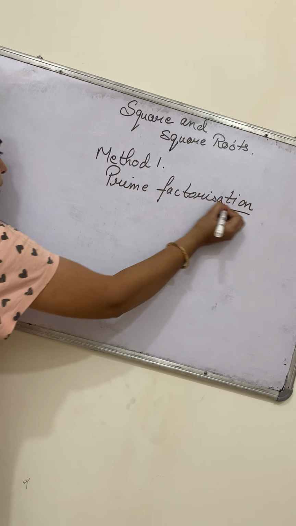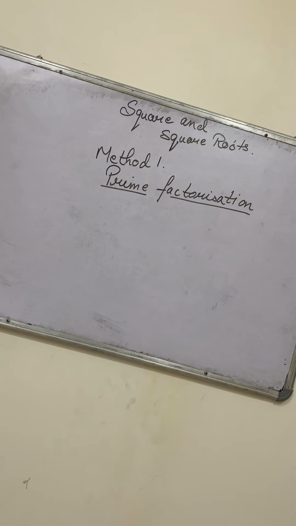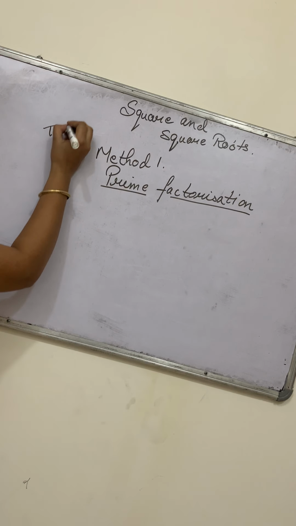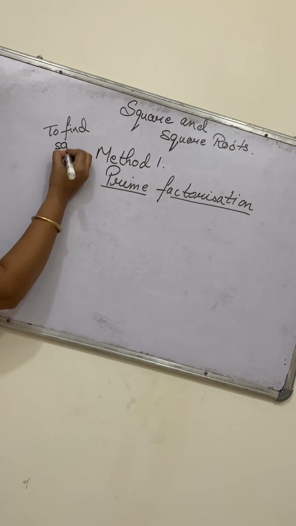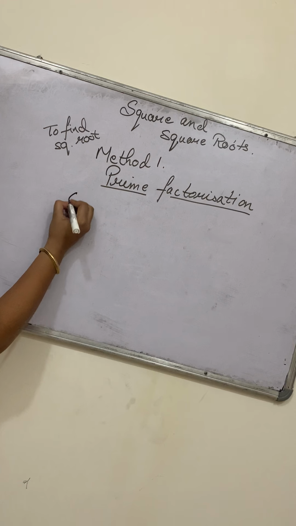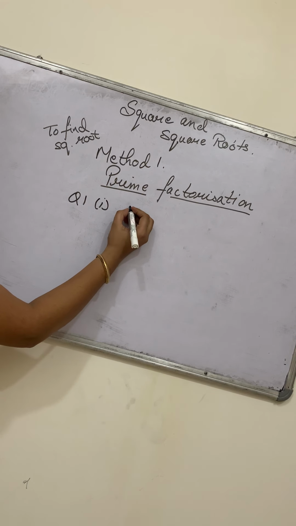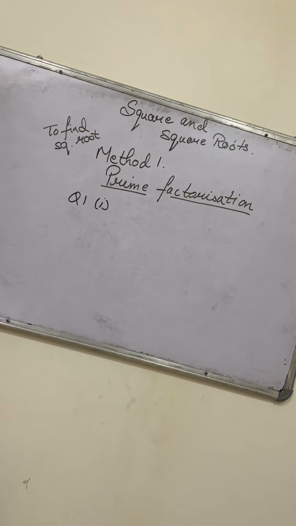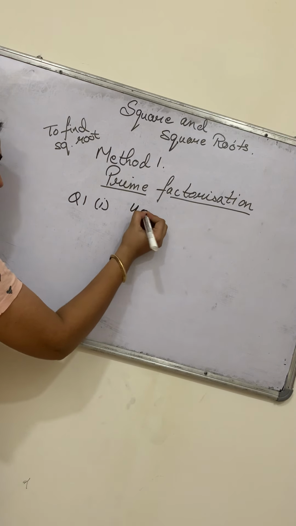The very first method that we are going to study to find a square root. This is a method to find square root. Okay, this is the first method to find square root, that is prime factorization. How do we do this method? We are going to start with the exercise first question. Exercise 3A, question number first part. That is, using prime factorization method, find which of the following are perfect square or not. First of all, let us learn prime factorization using first part, then we'll understand the question.